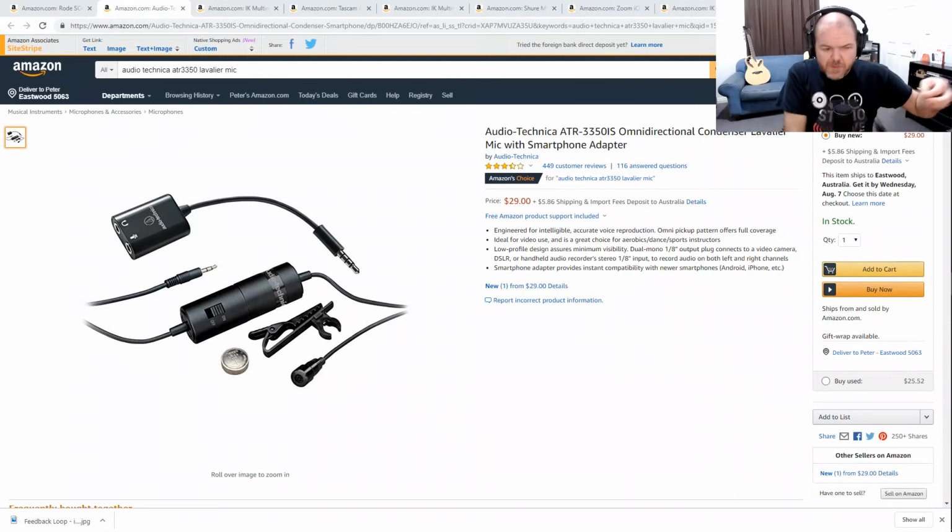It's a very small microphone. You can see it here. It's got the little windshield on there. It's got a clip on there as well, so you can clip it on, and it provides really good quality audio. So if you're doing videos, so if you're actually just connecting up to record a video,